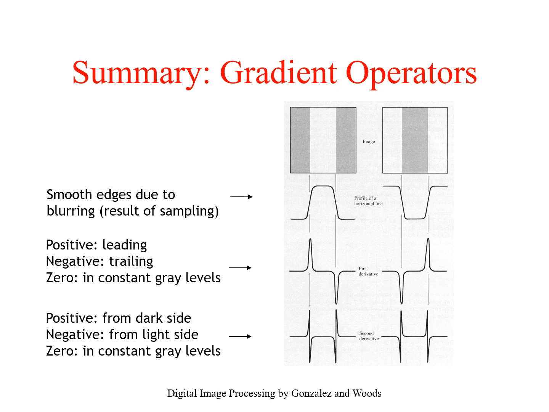Then for the second order derivative filter, you will get positive from the dark side, and negative for the light side, and constant where the gray levels have no variation. Similarly here, but you can notice that there are two pulses for the second order derivative and one pulse for the first order derivative filter, that we have already discussed. That's why you get two fine lines for second order derivative filters.